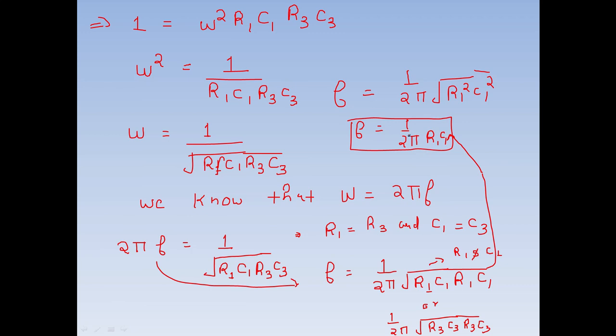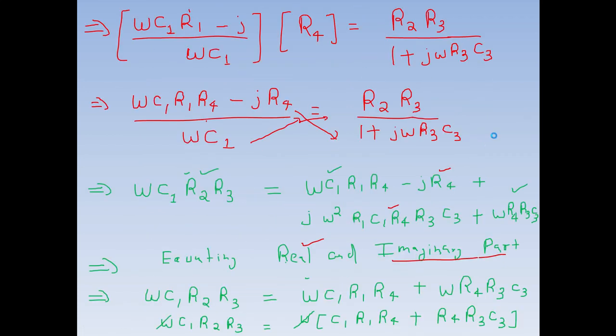The frequency of the Wien-Bridge oscillator is simply f equal to 1 upon 2 pi RC. So this is the frequency generated by this Wien-Bridge oscillator. This is very important. We have seen f is equal to 1 upon 2 pi RC in various parts of network analysis and EDC, so where does this come from? It comes from this Wien-Bridge expression.